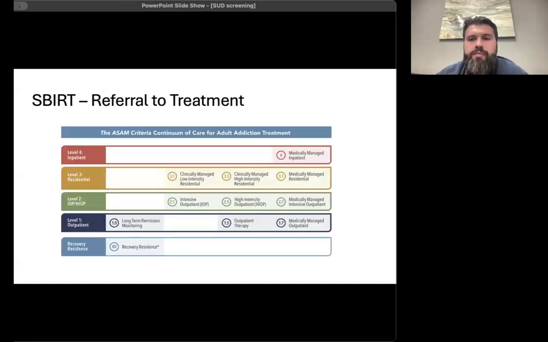And then the referral to treatment piece, again, it can be as simple as moving on to a diagnosis, or depending on the severity of things, referring them across the continuum of care. This is just a broad strokes view of what the ASAM criteria are. There's different levels of care based on the risk of their use and the severity of their use, whether that means just an outpatient treatment center all the way up to medically managed inpatient withdrawal. So it depends on where they fall across that spectrum and what their use patterns are, and if they're in withdrawal, et cetera.